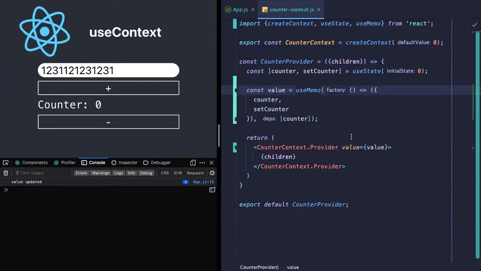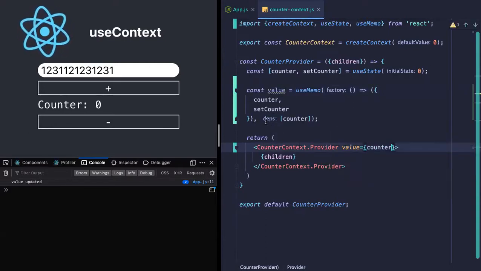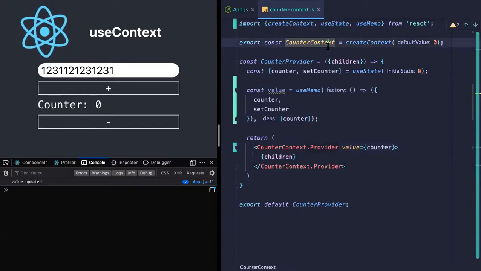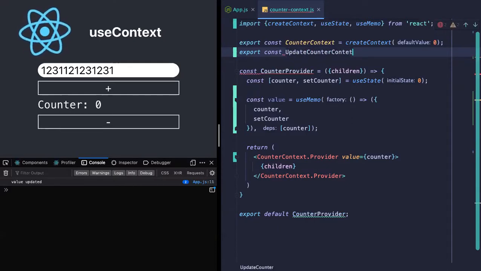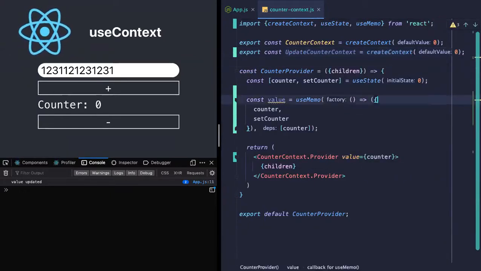How about if we were just to give one value around here rather than giving an object? So let's say I was just giving a value, but then I wanted to give the set counter as well, right? So I would need another context for the counter update. So let's call this one const UpdateCounterContext. And here we'll do a createContext again, and I'll just give it a value of 0 for the time being.